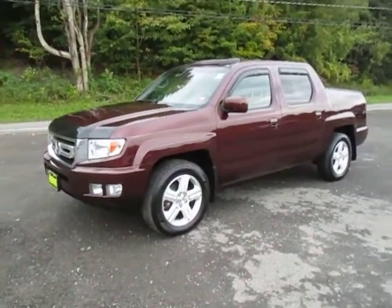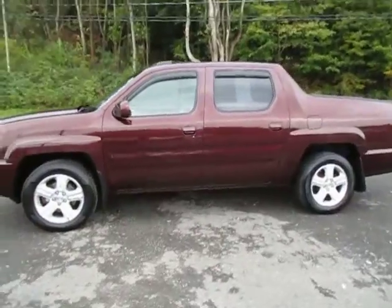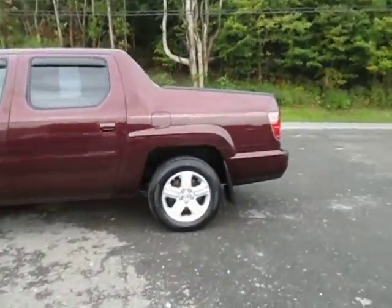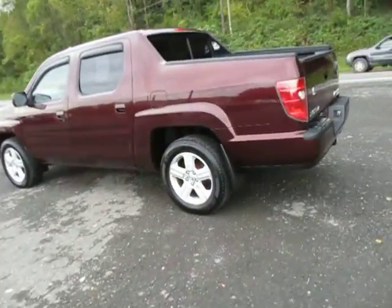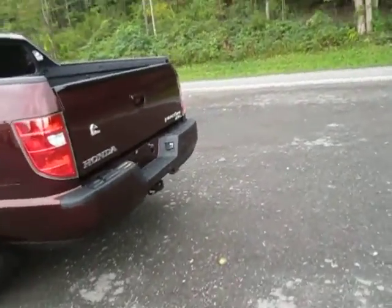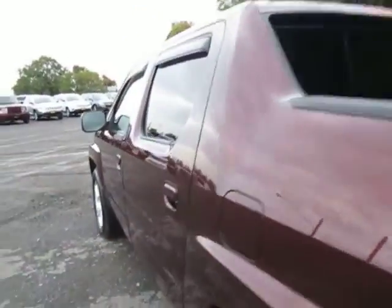Hey everyone, I'm over here at Lessord Chrysler Products in Sodus, New York, looking at a used 2011 Honda Ridgeline in a deep maroon color. This is a really convenient vehicle because it's kind of like a truck SUV crossover. So you've got a little bit of a bed of a truck back here, four-wheel drive, but tons of room